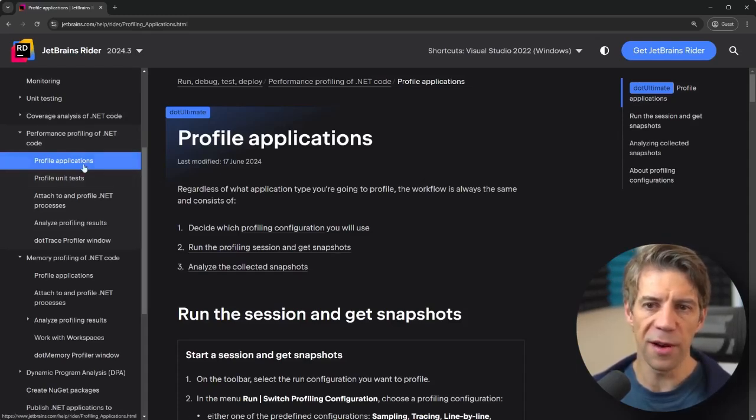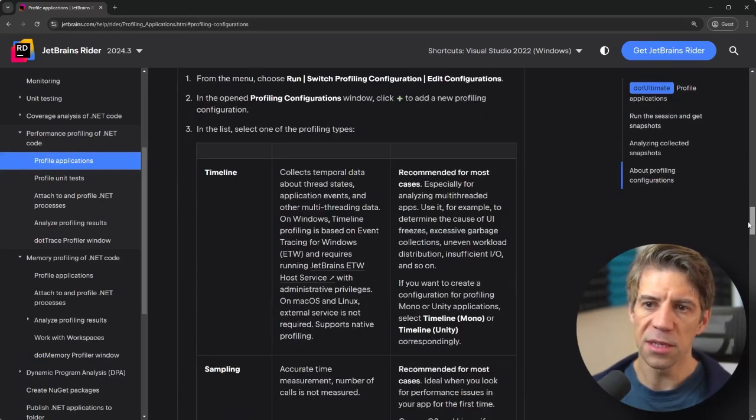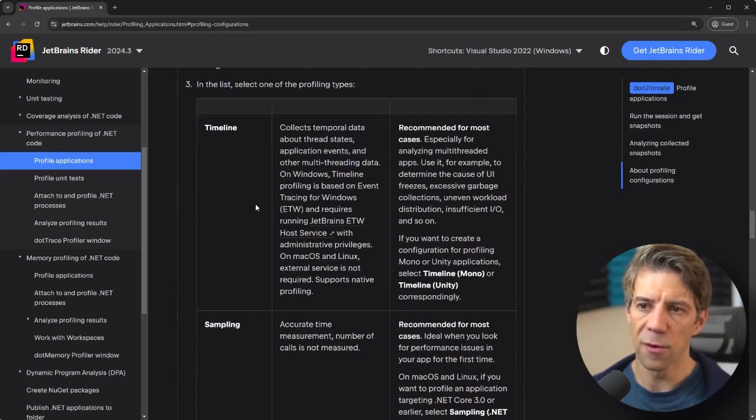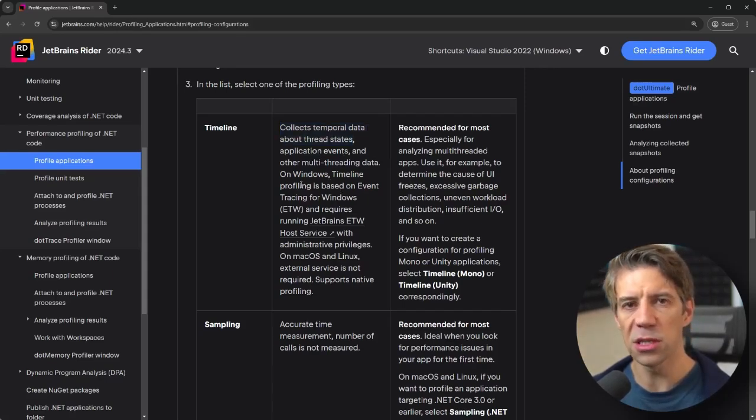If you go to the profile applications page and scroll down, there's this table here which talks about these different profiles. So timeline is basically collecting temporal, so that just means related to time, data about threads, application events and multi-threaded things. It does mention that on Windows it's using ETW, so event tracing for Windows, and it does require this